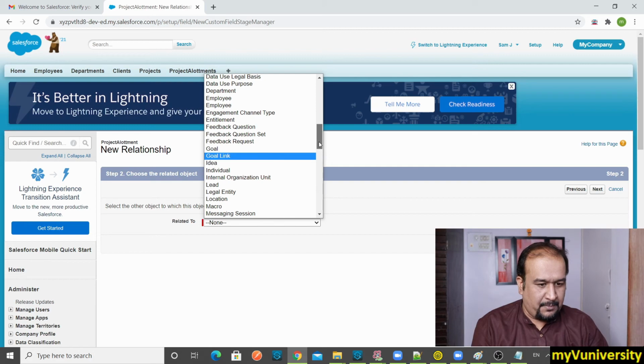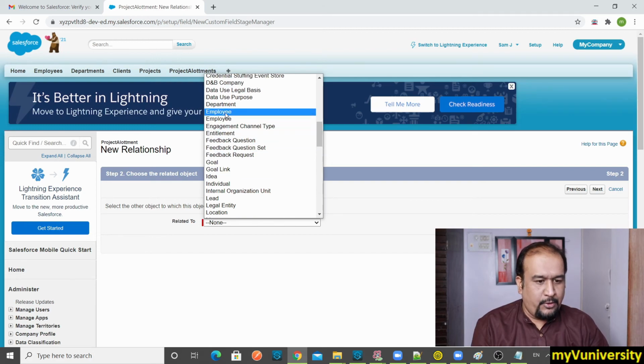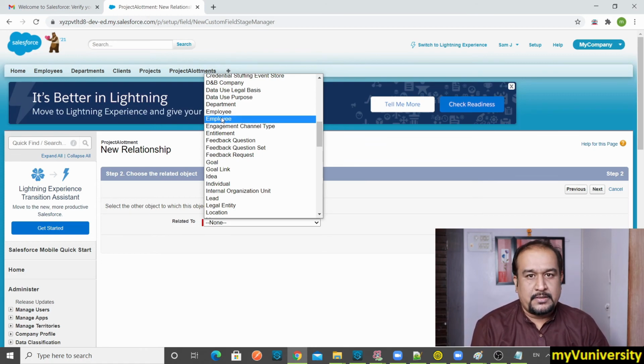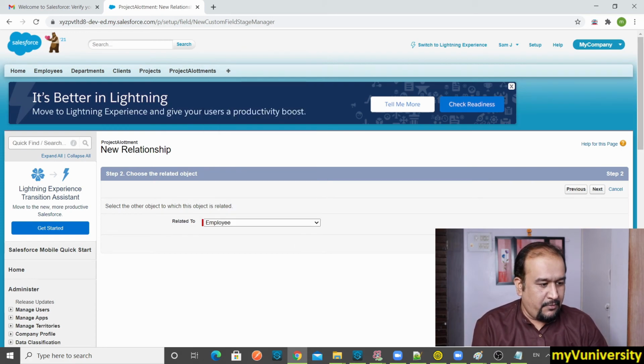So actually what was happening here, I don't know what this first one is, no clue about this, but my employee object is this one. So last time by mistake, I had taken this. I'm sure you will not have such a problem, but if you do, just select the second one. So I'm just selecting the second one and now it should be fine.